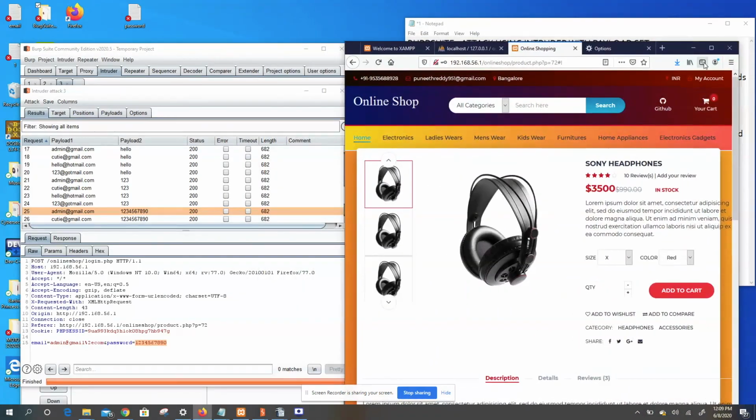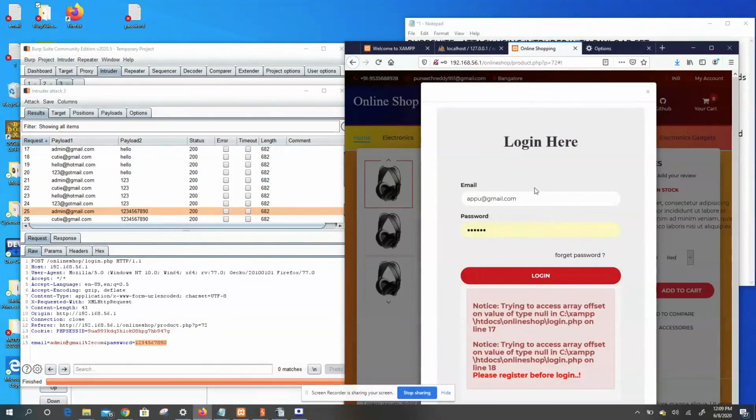Now we can just go and click into my account and we can try to log in. So what we do is basically we enter the password and the username that we have found out using the password attack, and once we do that, it just logs into the website, because now we have hacked and we have found out the passwords and the email IDs of other accounts. So this is how a password attack is done. Thank you.